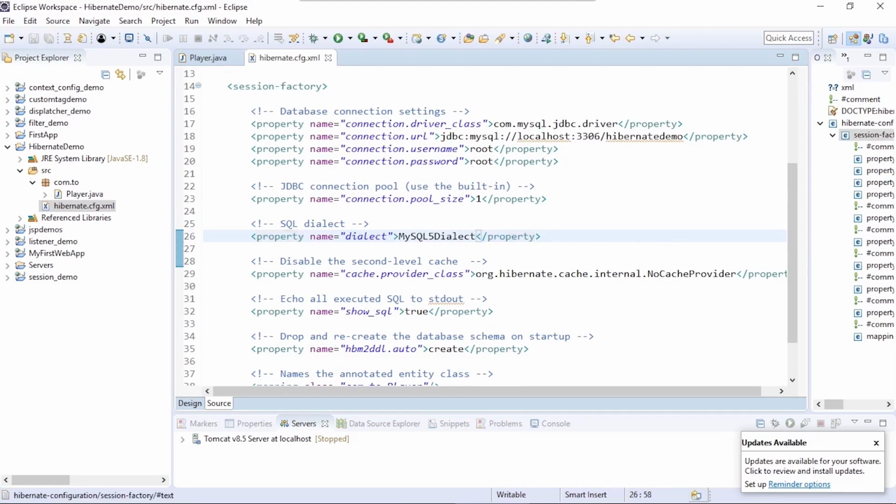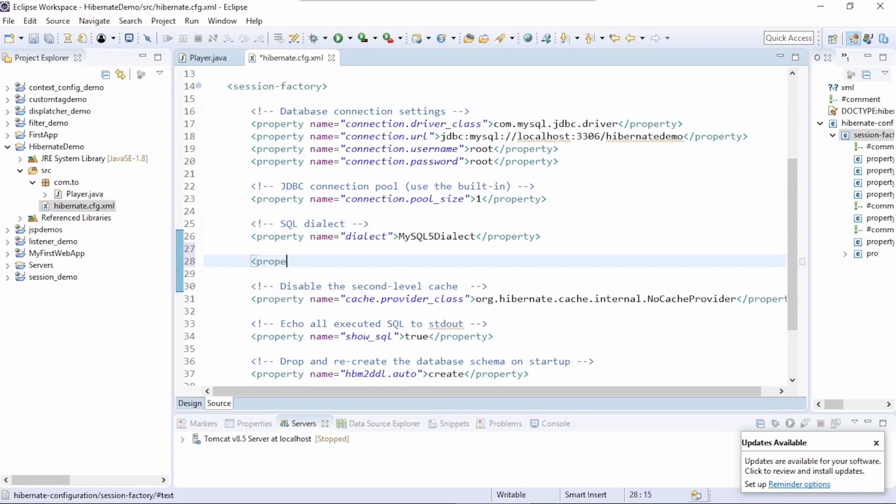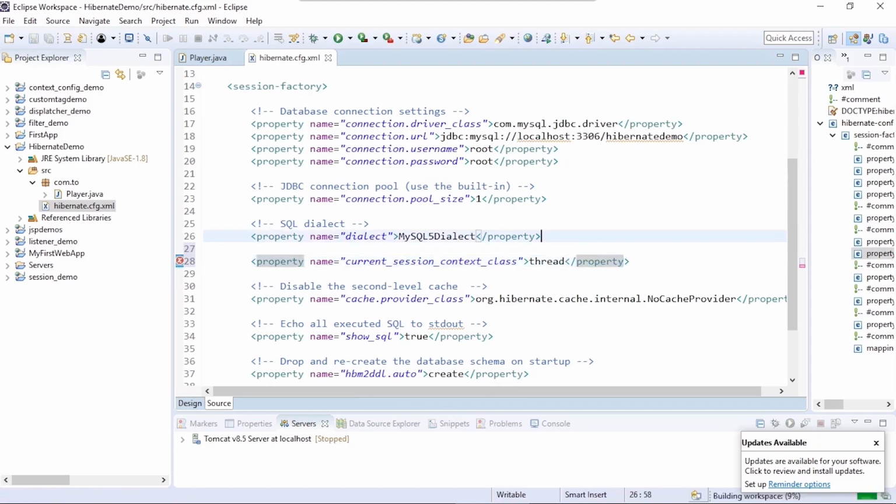We'll add one more value, name equal to current_session_context_class, and we'll set this to thread so that every session runs in a separate thread and it's thread safe.